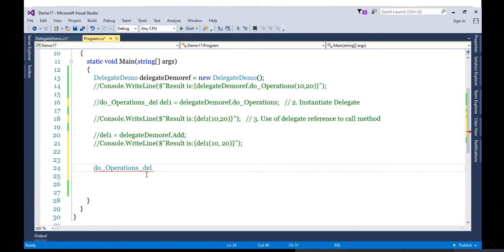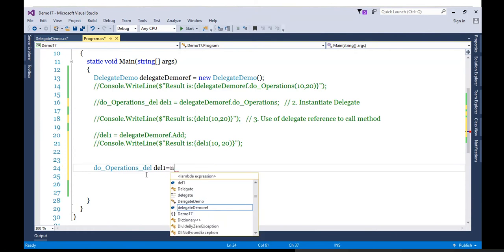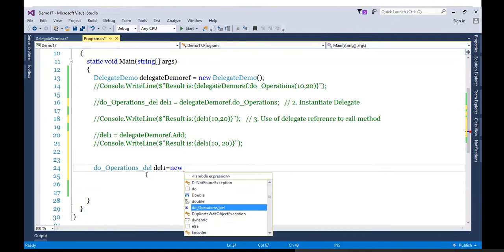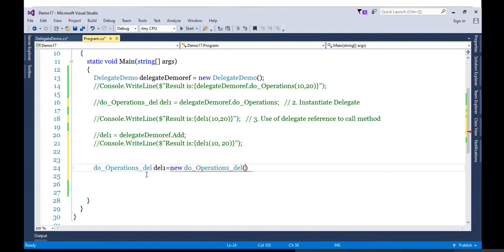Let's create a reference: DoOperationsDelegate delegate1 equals new DoOperationsDelegate, and in brackets you can watch what target it is expecting.